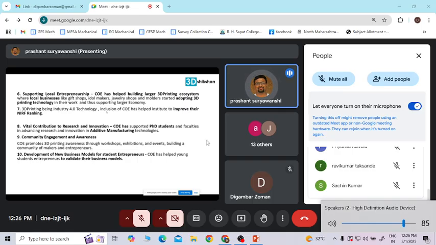So customization is the primary focus for 3D printing. It is still used in batches, I would say, not like how plastic injection molding and all are used, right? But that is actually helping you connect to different local businesses and make innovations there. So definitely COE helps there.